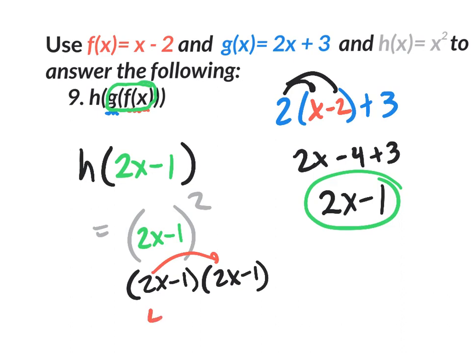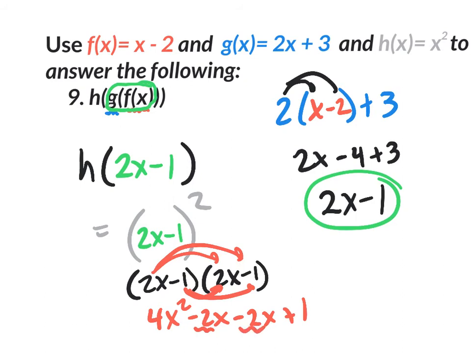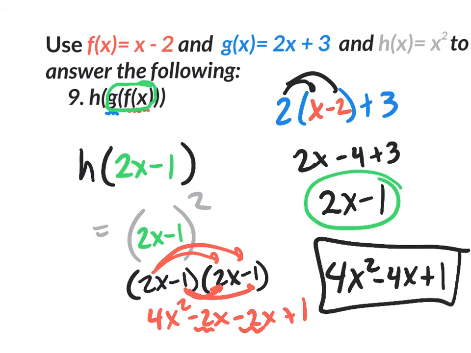2 times 2 is 4. x times x is x squared. 2 times negative 1 is negative 2x. Negative 1 times 2 is another negative 2x. Negative 1 times negative 1 is positive 1. Combine like terms, you'll get your final answer. 4x squared minus 4x plus 1 is the final answer to this